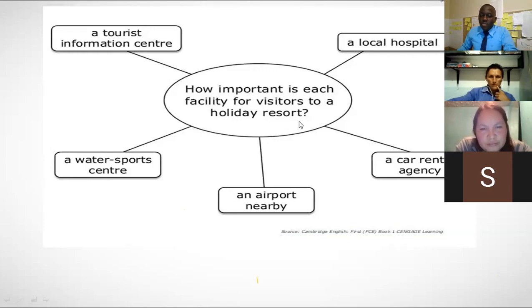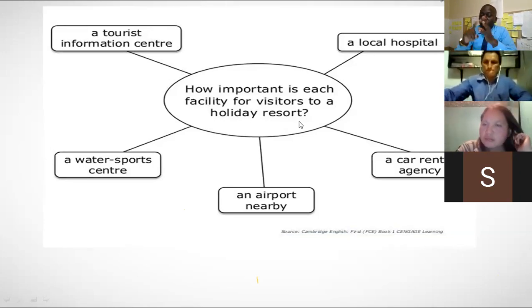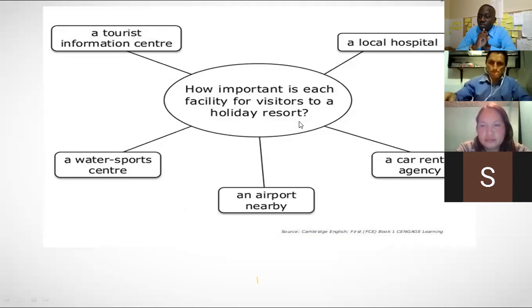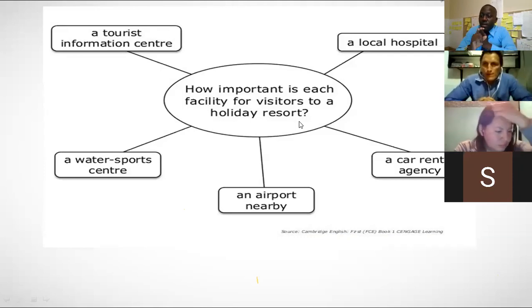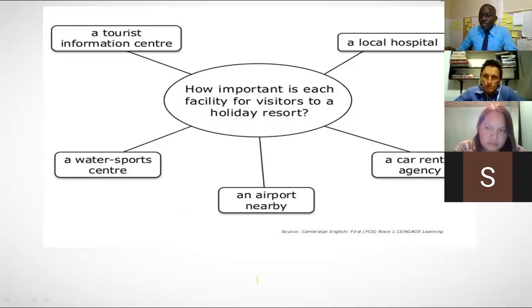So many people were giving different kinds of opinions, which were right, because your opinion is your opinion. But now, when you're giving your opinion, consider the 6 aspects we looked at: wide range of vocabulary, wide range of grammatical resources, and then be able to maintain your conversation. Don't speak one word, go away. One word, you stop. One word, you keep quiet. So be able to keep your conversation or your talking constant.